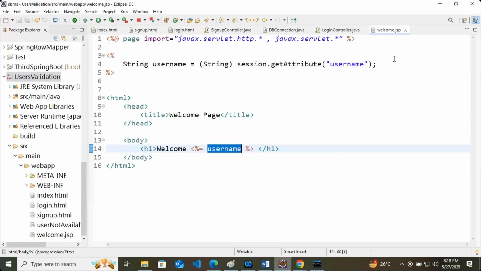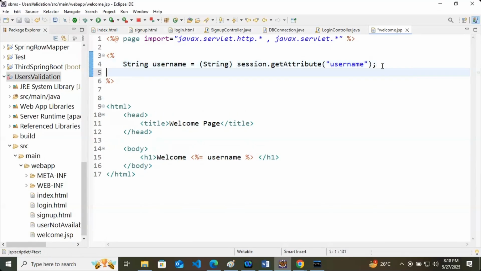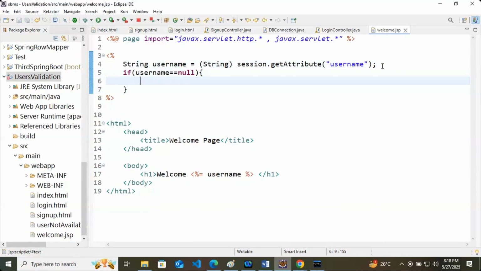In the welcome.jsp page, what you are doing is String username, getting the username from the session. After getting the username, check if username is equal to null.